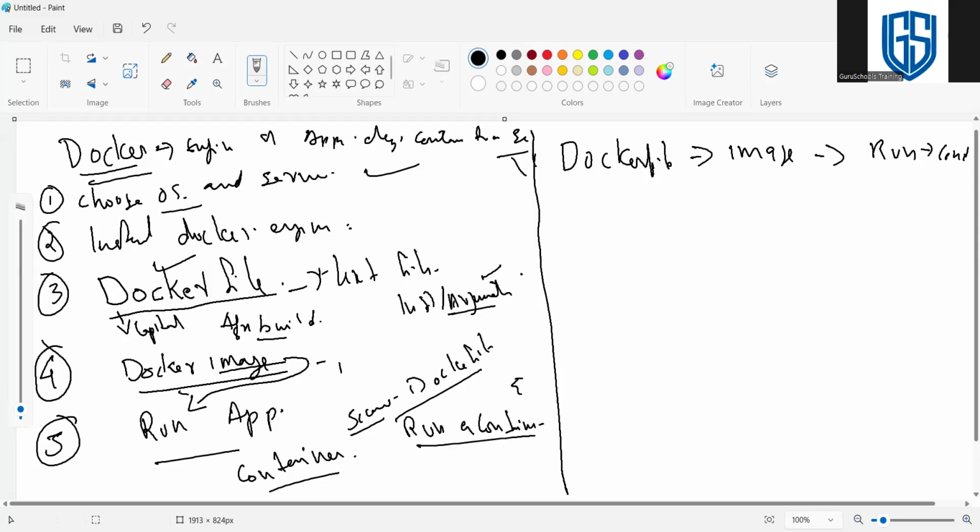In this case, this may be a web application or anything like that. So for running a container, we can choose this method.